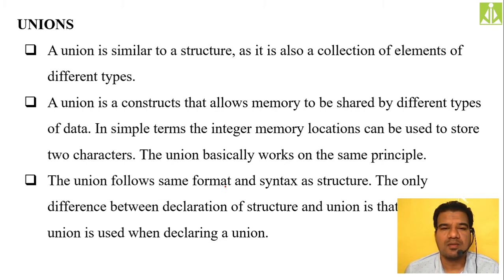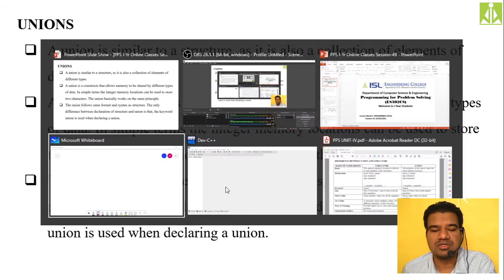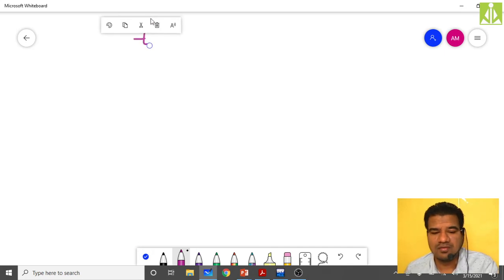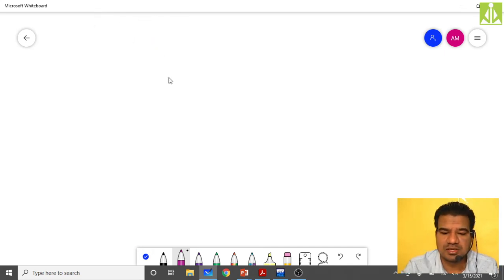So what exactly does memory efficiency mean? I will go to my whiteboard application. If you are creating a structure, how are we doing it? Let me make it clear. We are using the typedef keyword followed by the struct keyword.